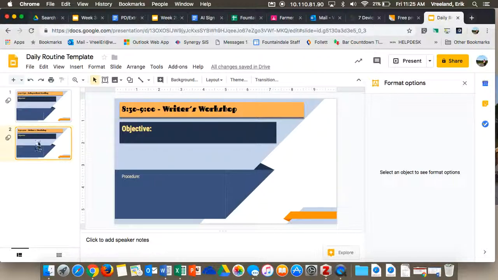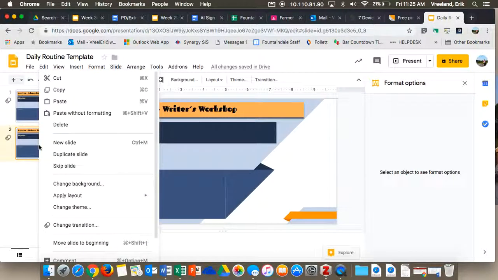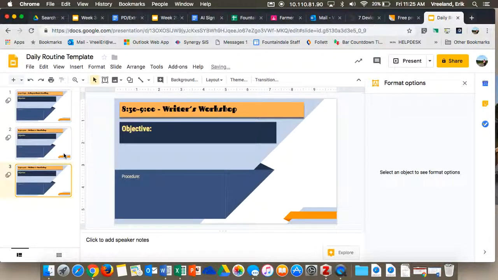So each time, if you're going to keep the same thing, all you have to do is right click on it, duplicate, and you're just making your schedule for the day. If it changes day to day, you can have day 1, day 2, day 3, and then within that you can have your routine for that day. But this is just setting up the template. So now when I'm ready to make today's actual